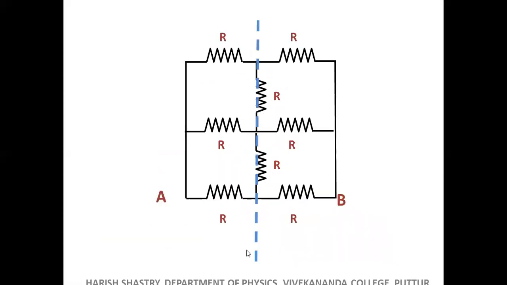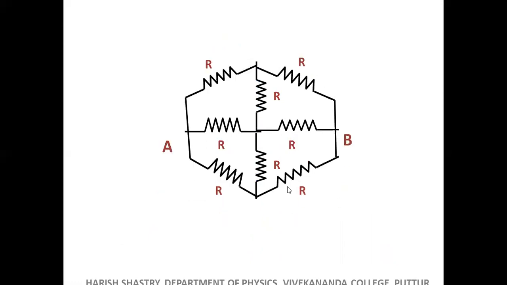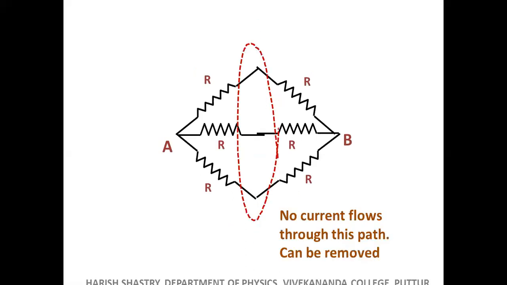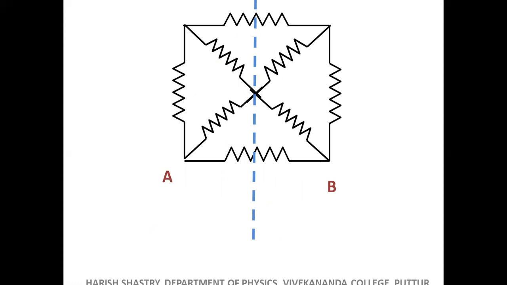So put an axis here, put a mirror. It's a mirror replica on the other side, and all the points on the mirror are at the same potential. Of course, if you put a mirror along the points, then the points on either side of the mirror are at the same potential. We have discussed it in classroom teaching, so just see that video and understand it. Then you can solve this very easily. So it is 2R by 3.